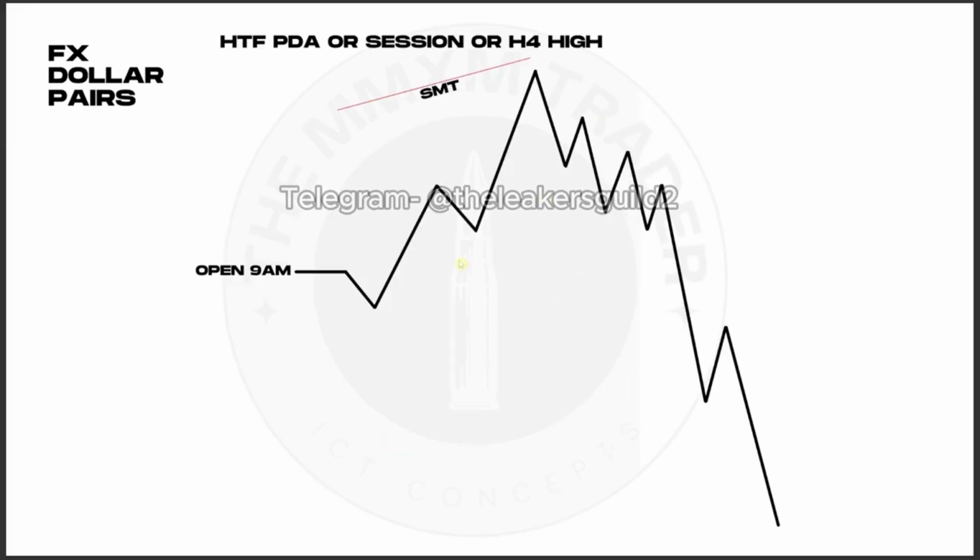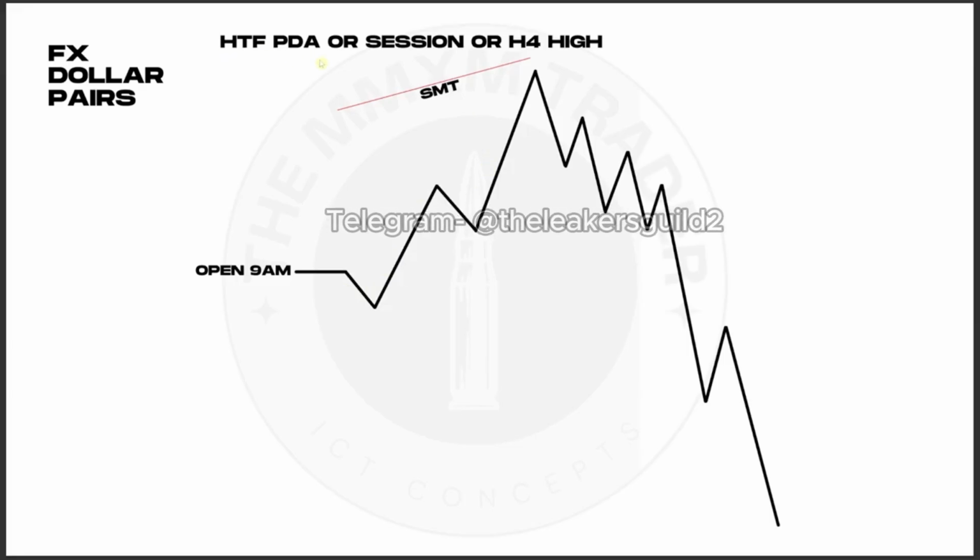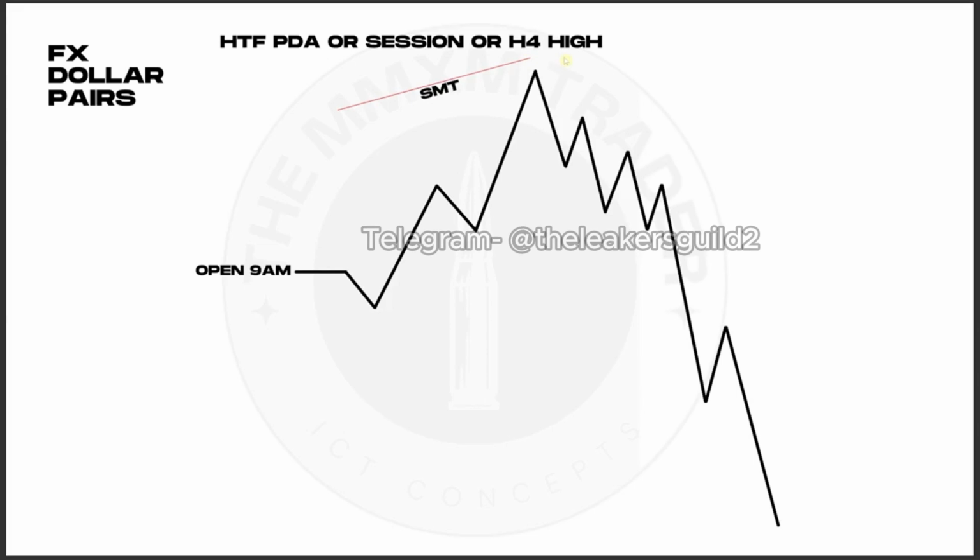And for a bearish scenario, we've got a 9 a.m. candle, right? This is the New York session 4-hour candle. We want to see it trade up higher into either a higher time frame PDRA or a previous session high, which could be the London session, right? Or a 4-hour candle high, and then SMT again formed on those highs,